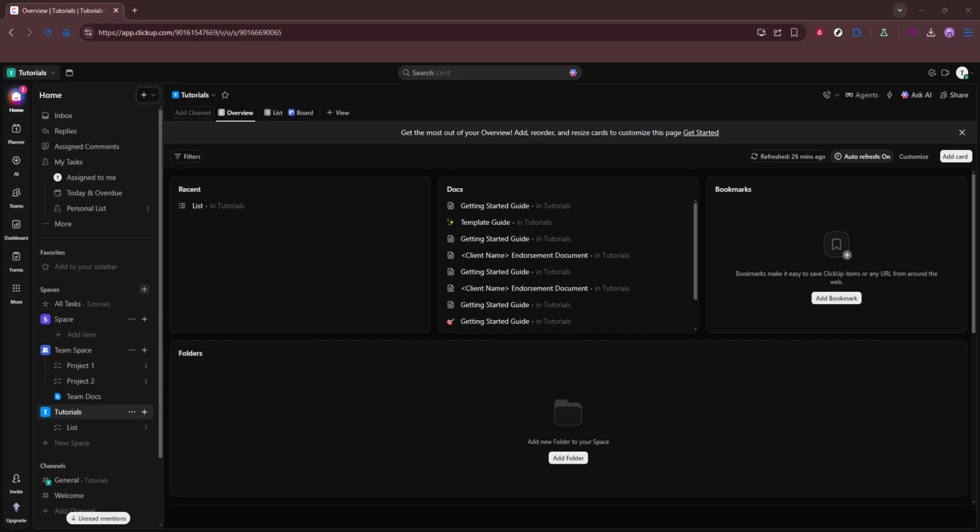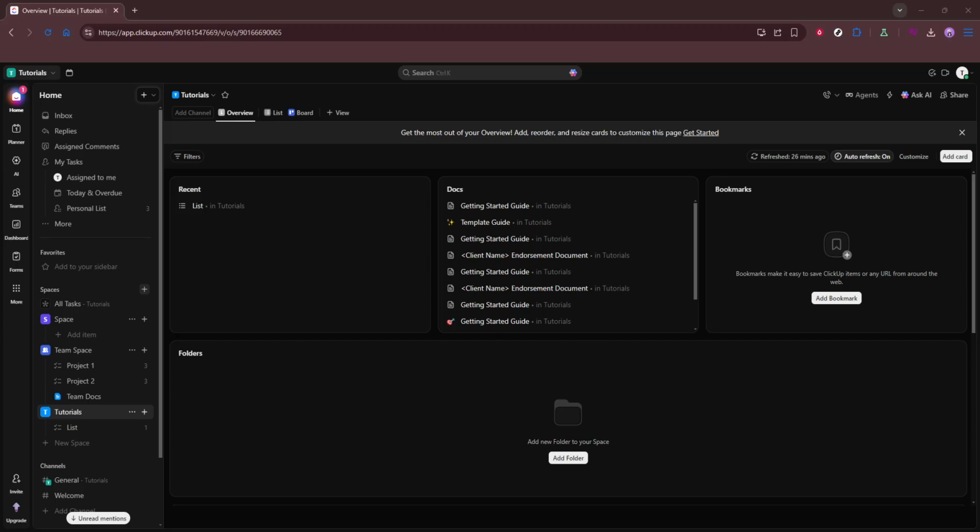First, go to ClickUp. Open it in your browser or the desktop app and sign in if prompted. If you're part of multiple workspaces, make sure you're in the correct one so your new list ends up in the right place. The interface can look slightly different depending on your theme or plan, but the core actions are the same. If you ever feel lost, remember you can use the search bar to quickly jump to spaces, folders,